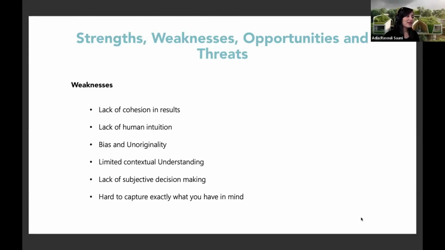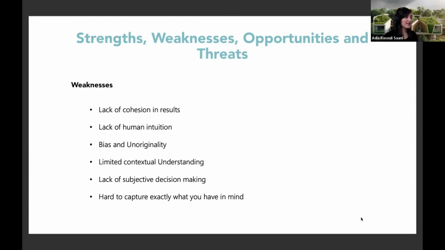One is the lack of cohesiveness in the results, meaning each time you try different variations, you might get a very different set of images that have nothing to do with last images. So it kind of feels like this tool is giving you bits and pieces of a space or form, but the act of bringing everything together as a unified and cohesive concept is still on human designers.